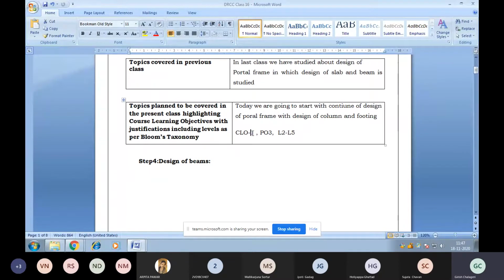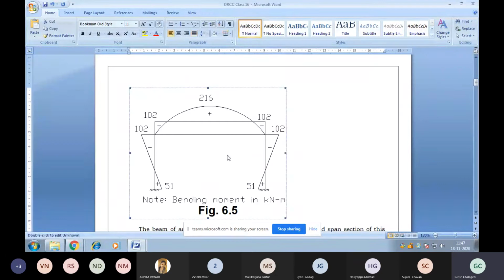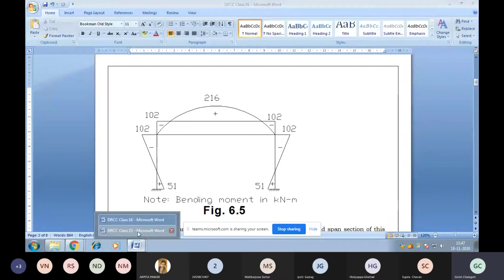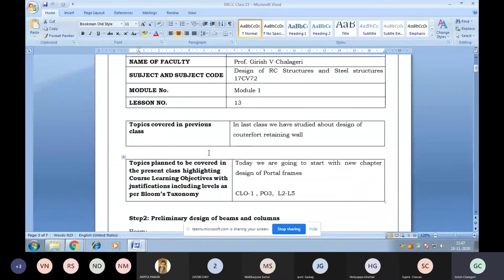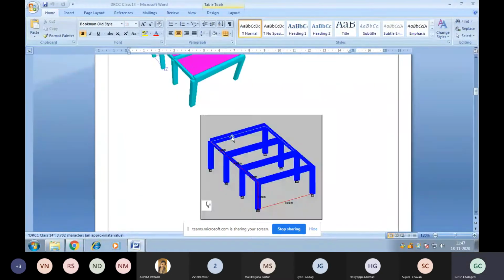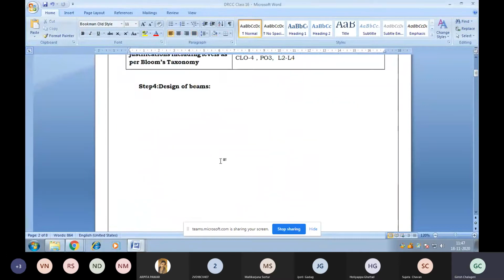We will continue with the design of columns. I told it is columns, but instead of column, let us go with the design of beams here. In the last class we have got the bending moment diagram, which we can see is like this. So we are going to design the beam here. The beam will be designed in two parts. When we look at it from the top end, we can see the beam. Let me show you the beam here, how it will be visible. This diagram we can see, and we can look into the beams like this.